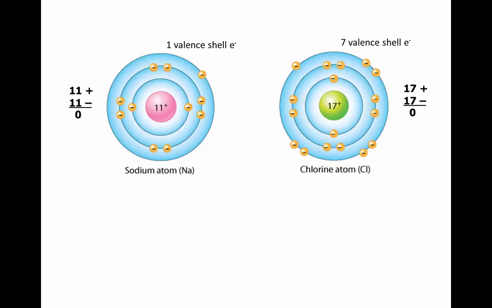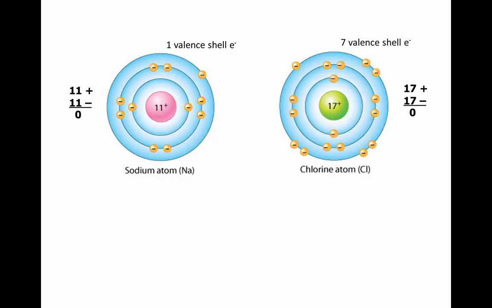Sodium's electrons fill energy levels with 2 in the first, 8 in the second, leaving its valence shell electron number as 1, not stable. Chlorine's electrons fill energy levels with 2 in the first, 8 in the second, leaving its valence shell electron number as 7,